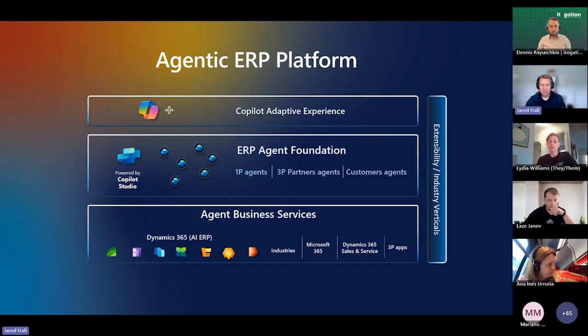native calculation perspective. So we want to make sure that when we build these agents on top of our business applications and platforms, that we are using the native data and business logic of that application to perform those operations. So to enable that, we have a huge amount of data and business logic in our Dynamics 365 Finance and Operations apps. There's over 1 billion lines of code in our code base at this point. That's from our base code plus extensions that have been added on top of that from ISVs, from many of you on the call that have written and are responsible for a lot of that code across the planet.